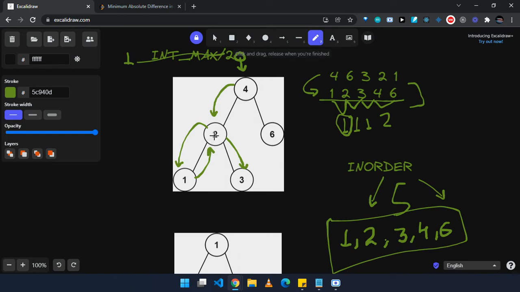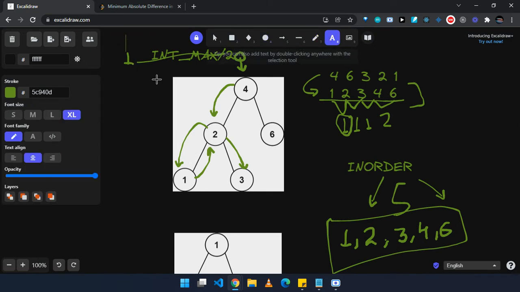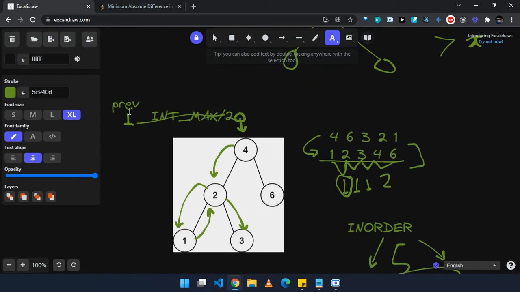Now here, when we are in the second node, we will find the absolute difference between the previous. Let's say this variable is named previous. So the value in previous will be 1 and the node's value is 2. So the difference will be 1.